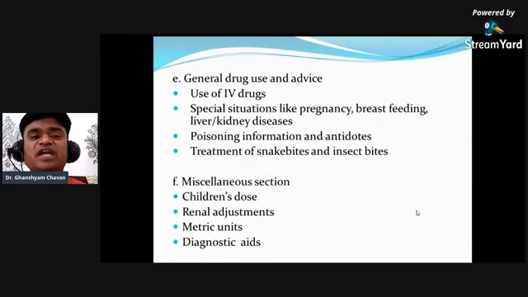Poisoning information and antidotes. You need to ensure which drug may become a poison. There is a list of poisons, for example, morphine poisoning, arsenic poisoning, iron poisoning, organophosphorus poisoning, organochloride poisoning. These are the various poisons, the drugs which can become poison, and for each you should know the specific antidote. In case of barbiturate poisoning, diazepam poisoning, alcohol poisoning, these drugs may become poison if you take them for a longer period and in large quantity.